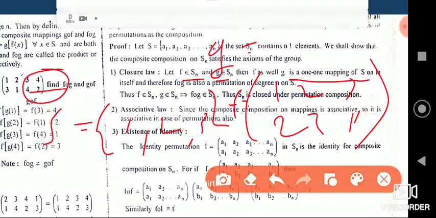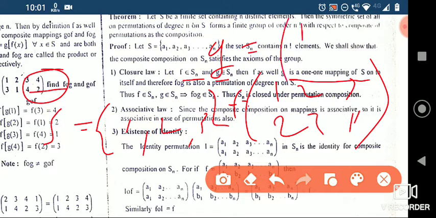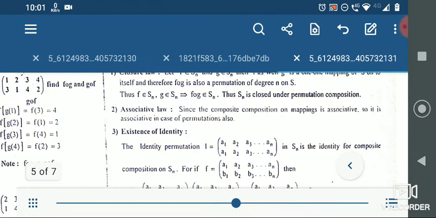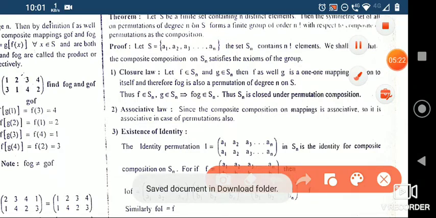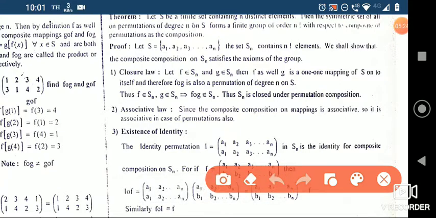And let g be 1 takes to 3, 2 takes to 1, and 3 takes to 2. So these are two such f and g. Any combination is okay here. So f and g are one-to-one mappings onto itself.